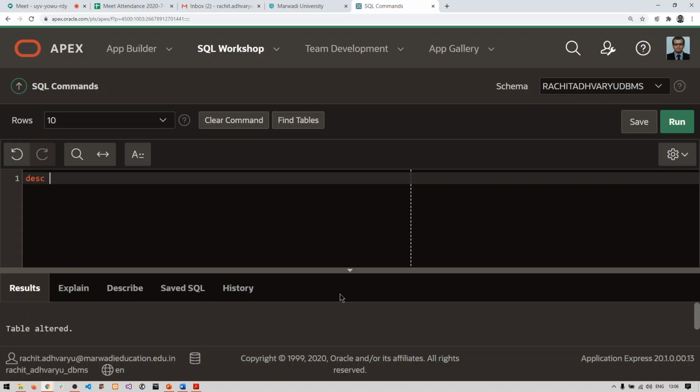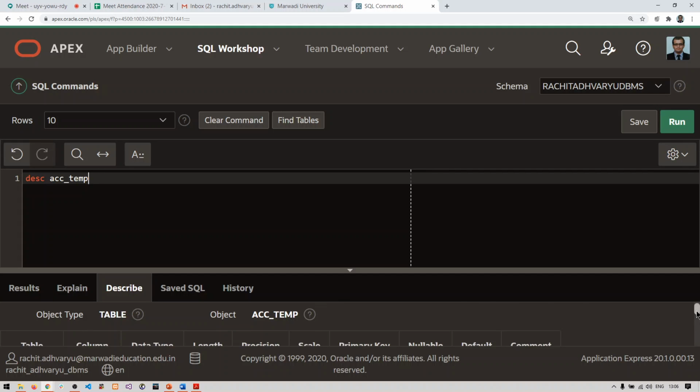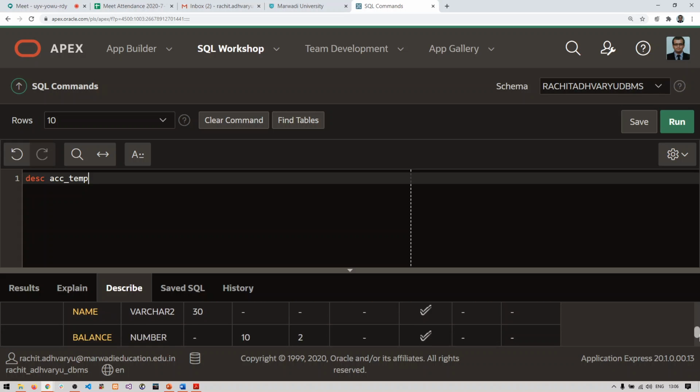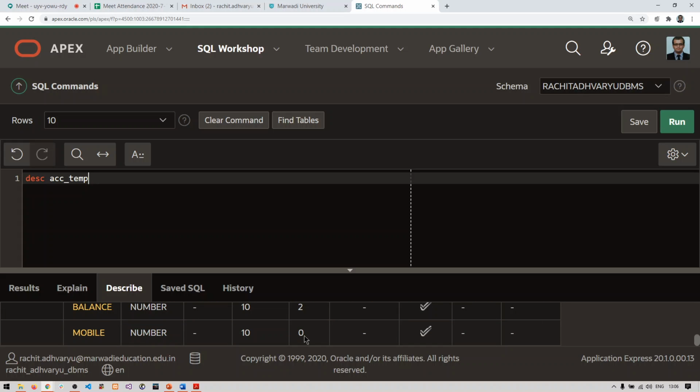Let us see your table again. DESCRIBE ACC_temp, and we will see. I have got my schema. The first column is ACCNO, then name, balance, and now the mobile column has been added to the table. Clear with this, guys?